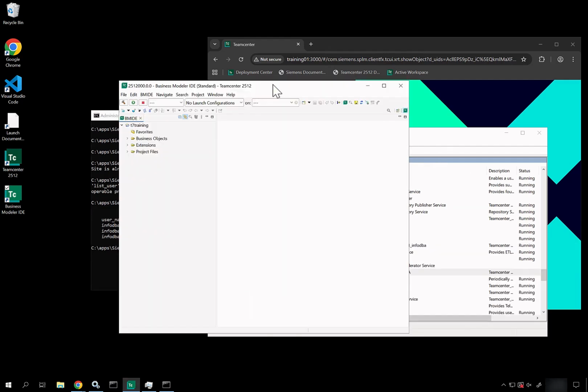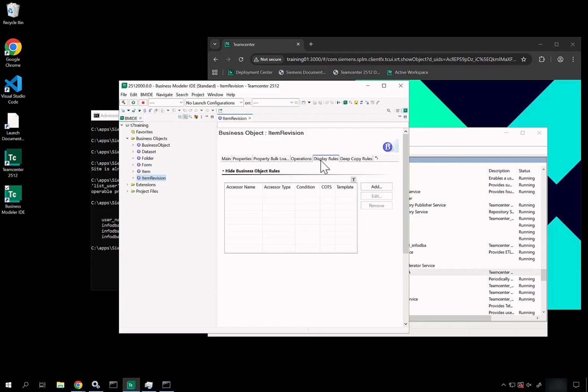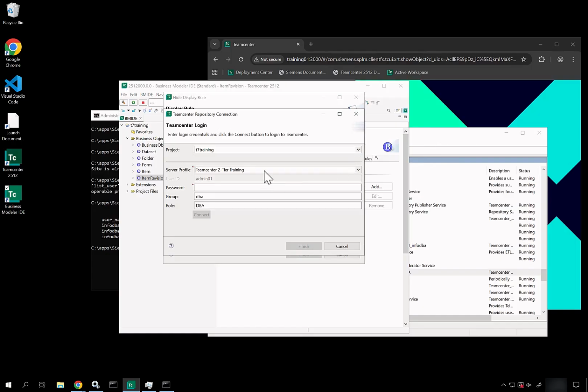Now, some of the other components in here, if I were to go to the BMIDE, this is a completely standalone element. However, if I were to go in and stand on an item revision, for instance, go to the display rules in the system, add a display rule, and then try and browse the organization, notice that this has a drop down for 2-tier training. So this will work. But if I try and use the 4-tier one,